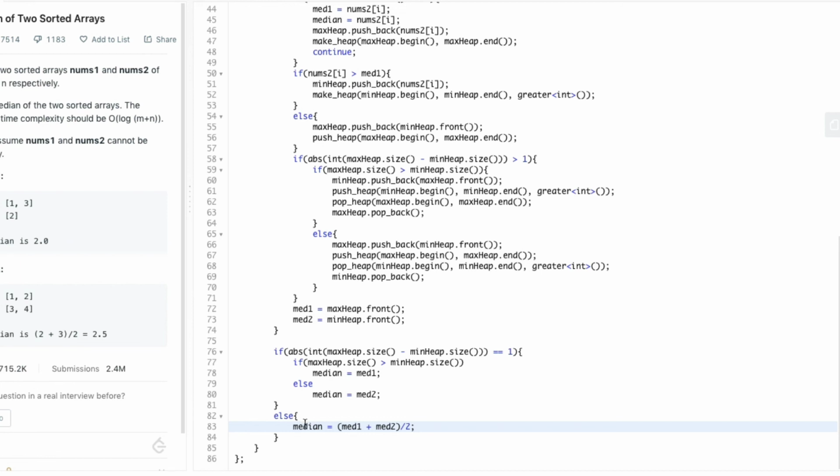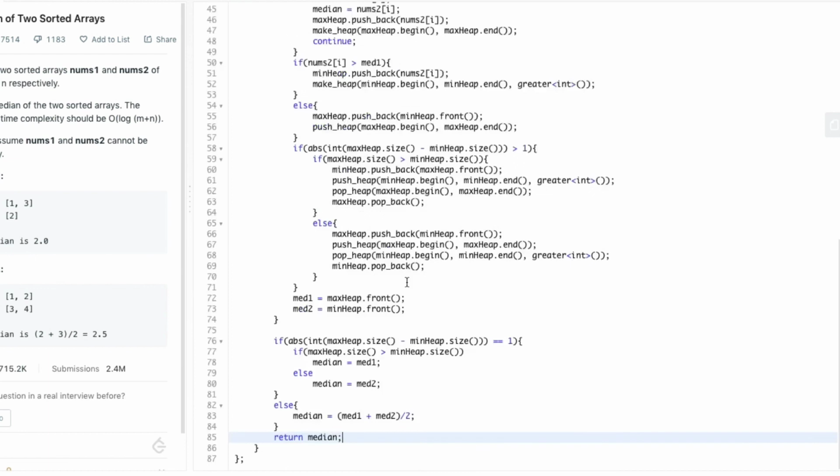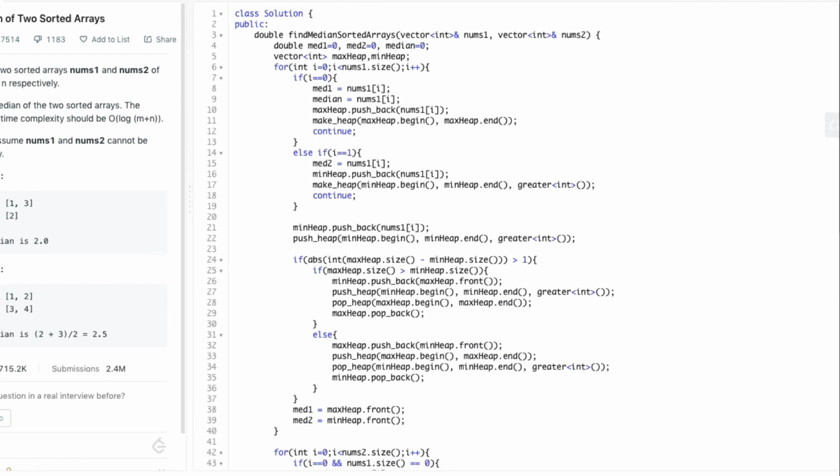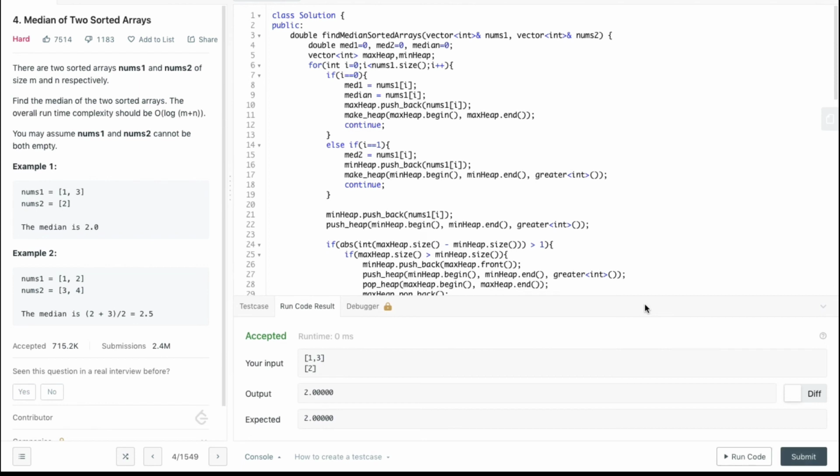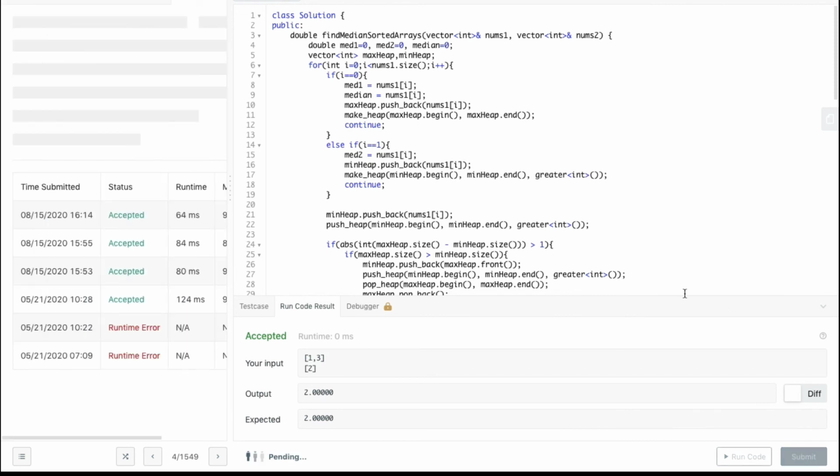That's why the value of median is mid1 plus mid2 divided by 2. And now finally we can return the median. So we are done with the code, and now we can run the code. Since the code runs fine, we can proceed further and submit it.